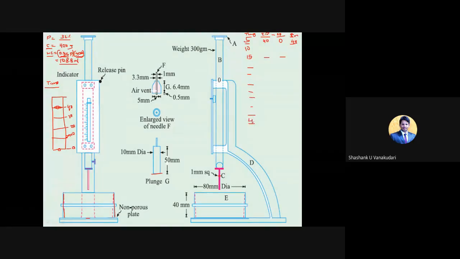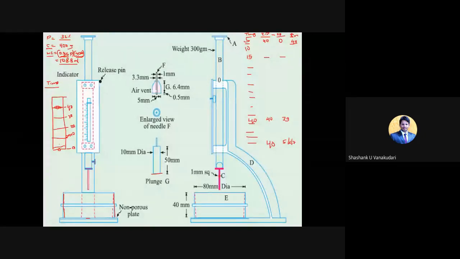Clear? At 40 minutes, you may get the initial reading as 40 and the final reading as 39. That means the bottommost 1 mm got set. Clear? I mean, as the time increases, that concrete starts the hydration process and it is going to set. Correct? So at some time interval you will get a certain result. You don't know at what time you may get these results, but it is either 5 or 6 or 7.